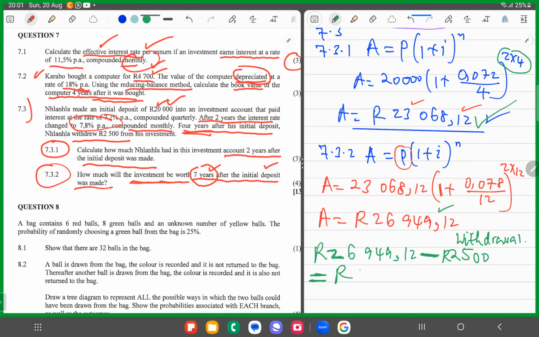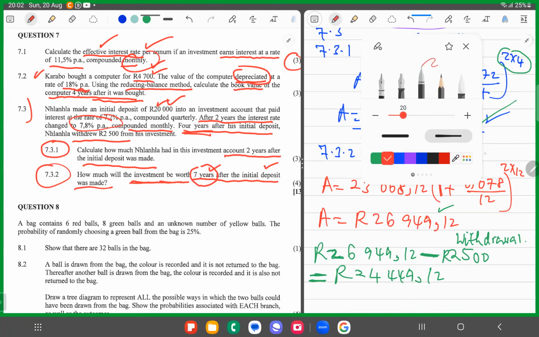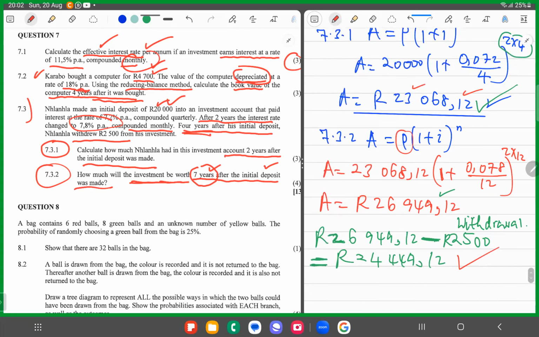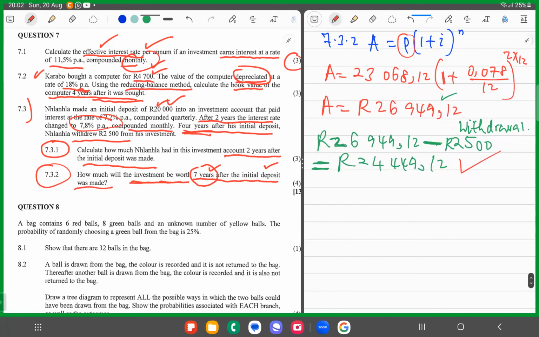You get 24,449.12. So which means that you have A equals,